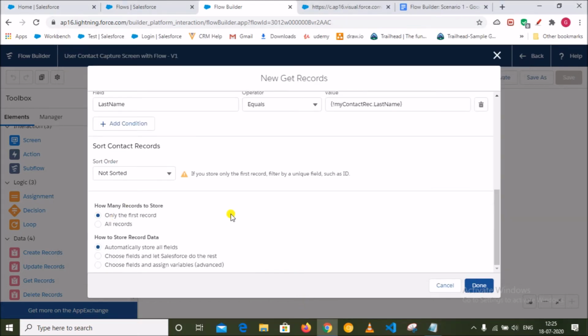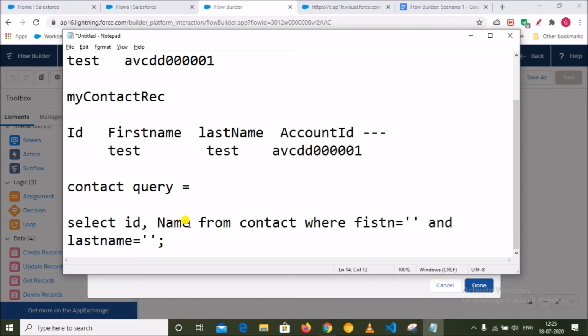How many records to store? See, you can have multiple contacts with the same name, right? So in my scenario I will fetch only one contact. Whenever Salesforce queries internally in the contact database, it will fetch the first contact that is selected.